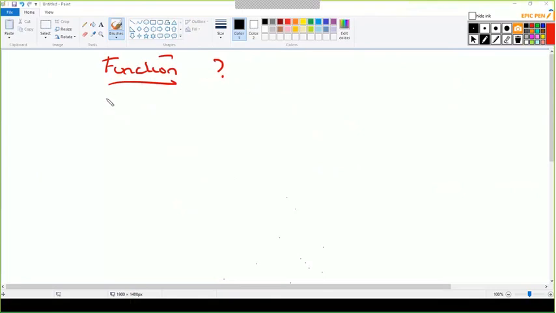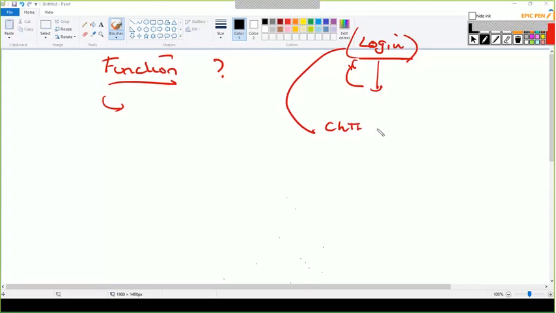We create our own function, real function. So what we did yesterday, we created a login function and put it in a function library. If you associate your function library with the script, you can use the login. Similarly, if Chitra associates the function library, she can use the same login function. So this becomes a reusable function, only when we add it to the function library.